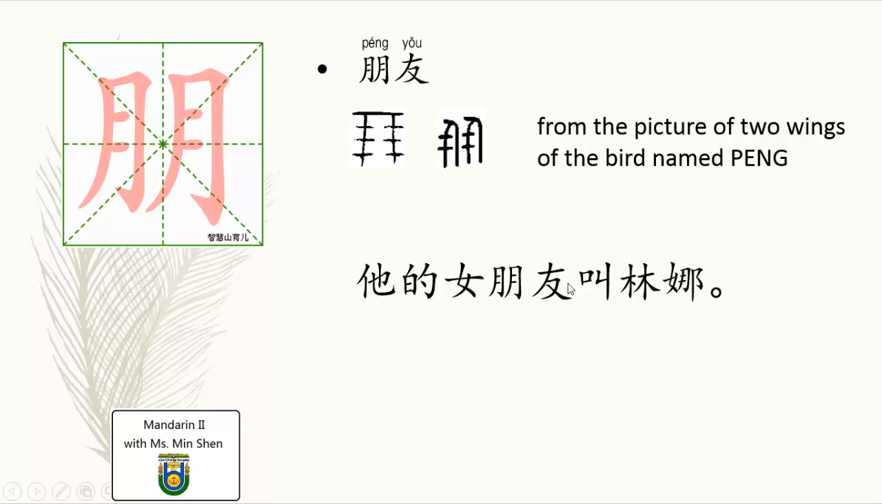Then let's read this sentence together. 我们一起念 this sentence. 他的女朋友叫琳娜。